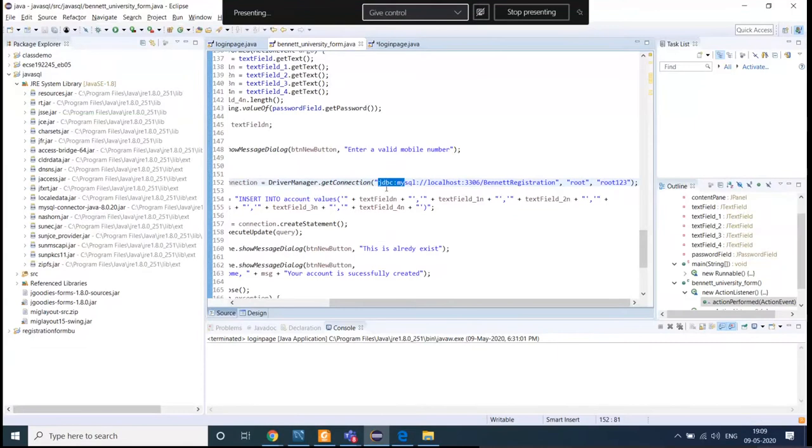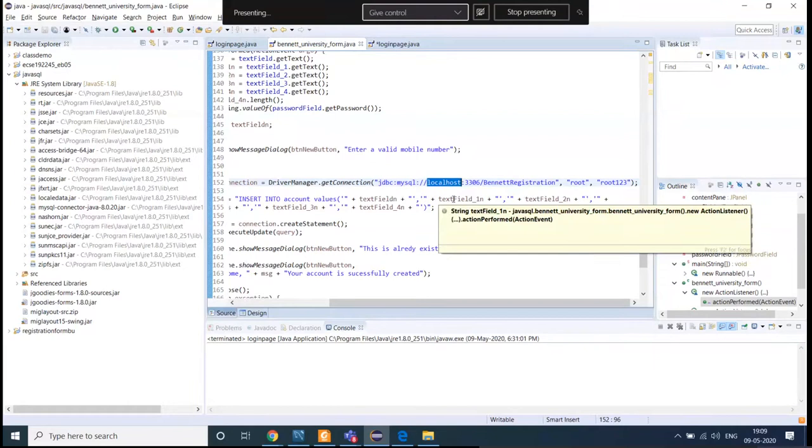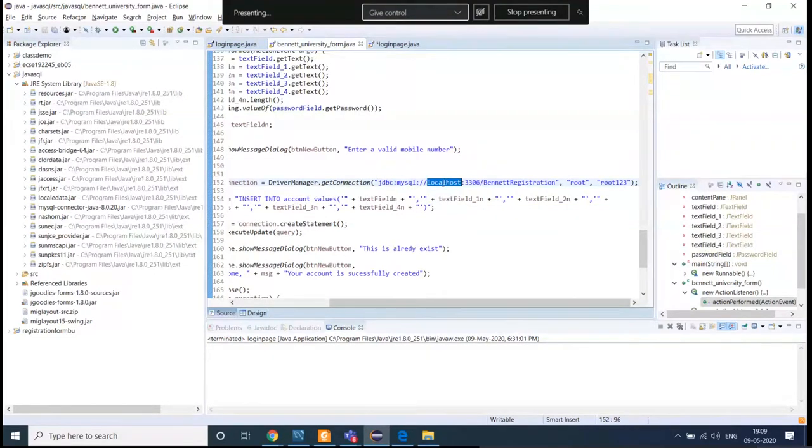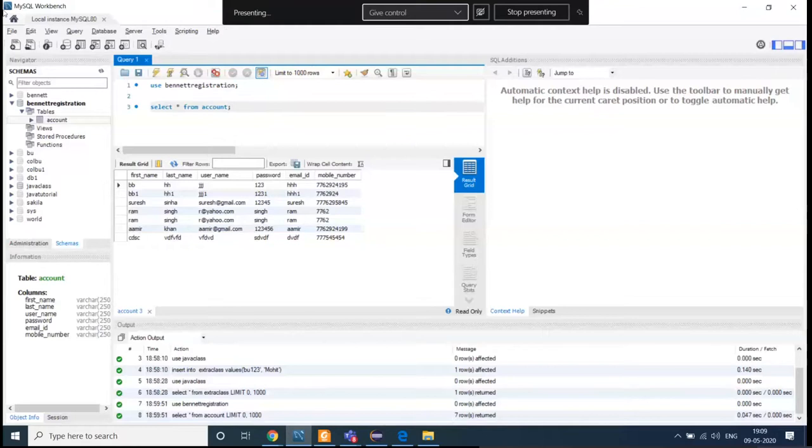As you can see, we are performing JDBC, and I am also telling you why we are writing all these things. We are basically performing Java database connectivity with our MySQL database. And where is this MySQL database located? It is located on my machine. If anything is located on my machine, you just write localhost. Even if you write your own machine IP address, it will work fine. But here we are just writing localhost.